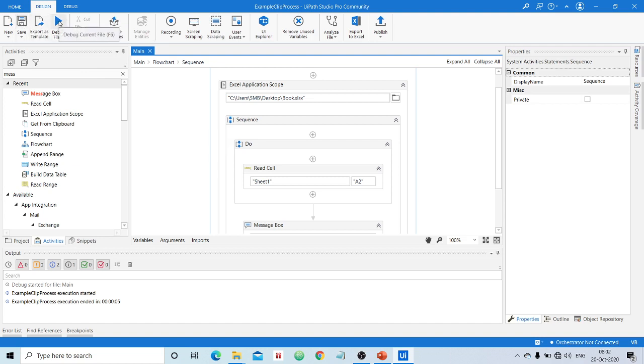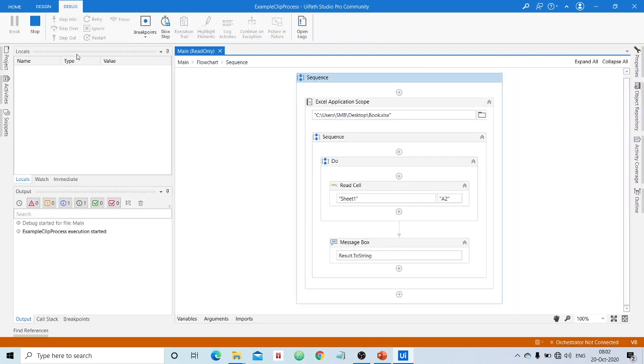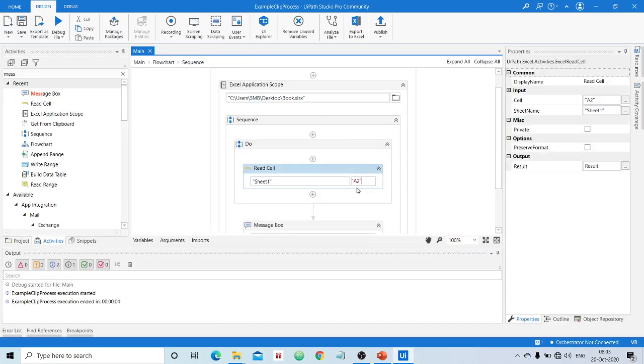That is an exercise for you. If you don't use toString, then you need to tell me what will happen. Okay, sorry, I did not change here. Here the value should be B2. Did you understand my question?